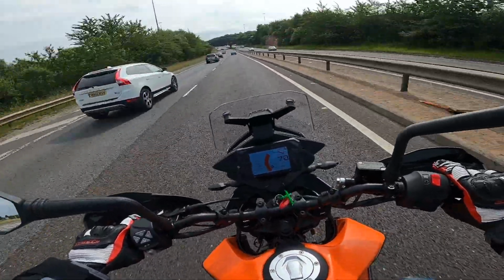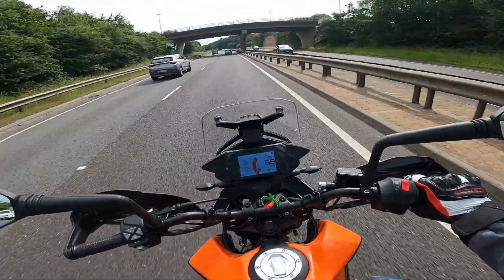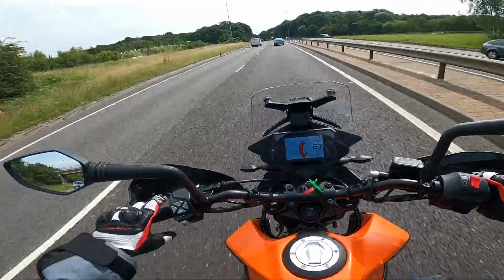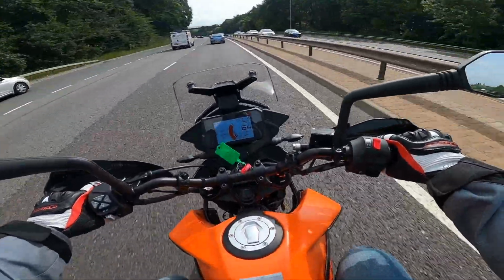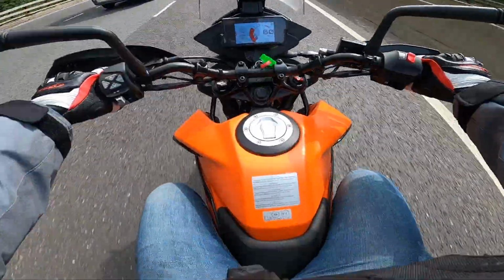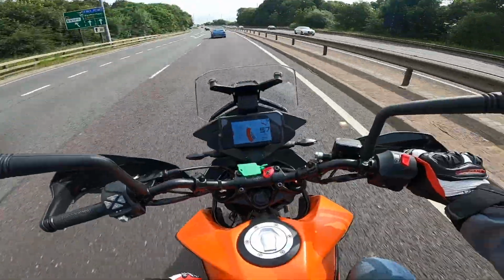Just cruising along now, actually, it's not underpowered. I was a little bit fearful it would be, but it really isn't, just for cruising at least. Anyway, we'll see how we get on the back roads later. But yeah, first impressions are really light, super comfortable, build quality is lovely, KTM paint is just, this orange